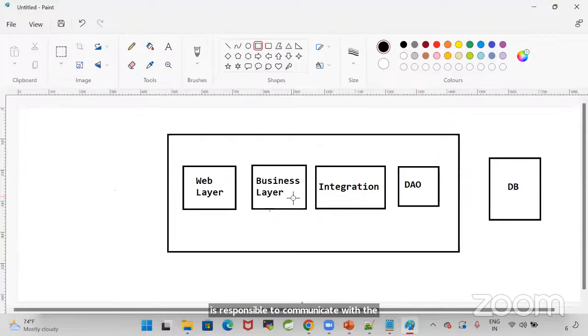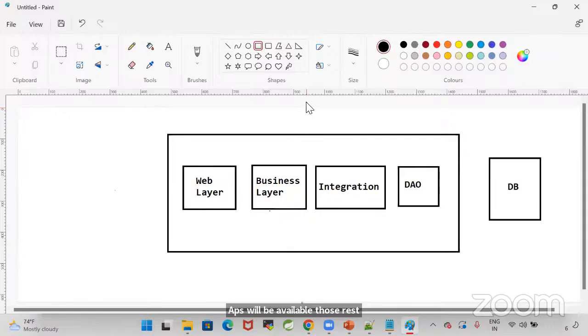Understand? The business layer represents our project's business logic. And our project wants to communicate with some third-party applications, a REST API we want to access. That integration logic also we need to write and implement in our project. In the web layer, our REST APIs will be available. Those REST APIs are going to take the request and give the response.